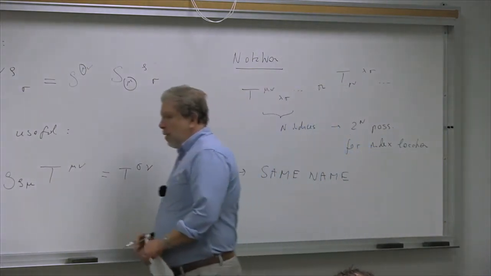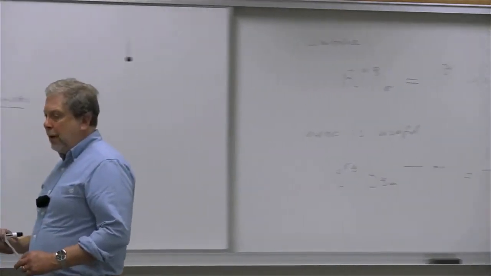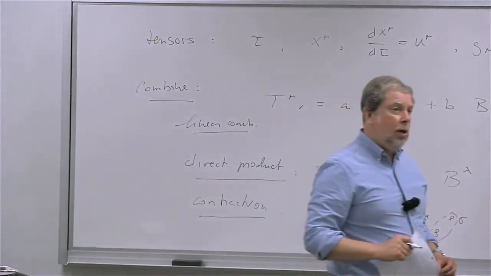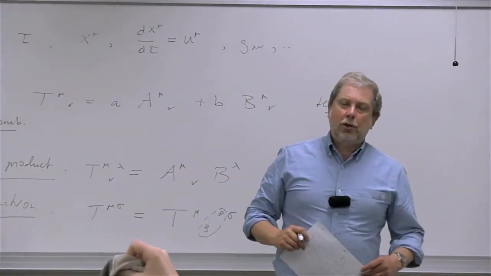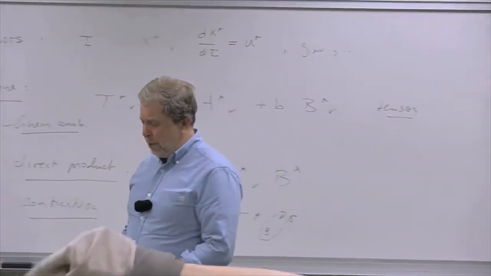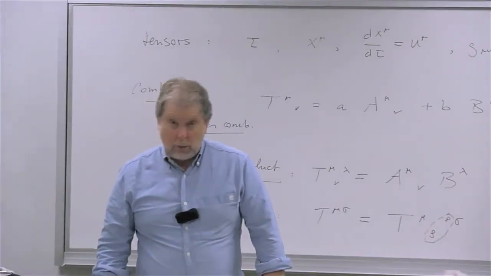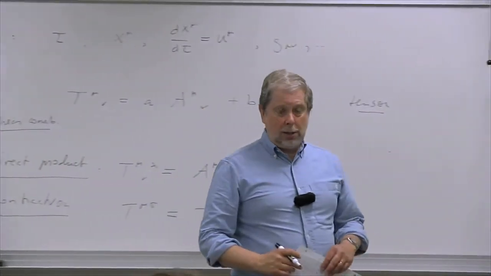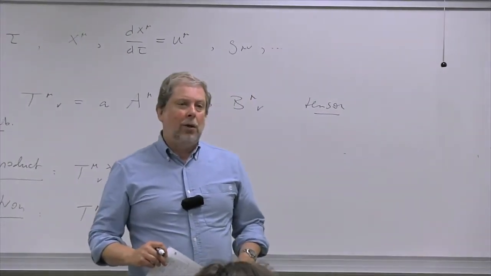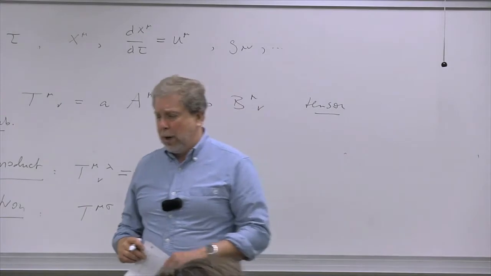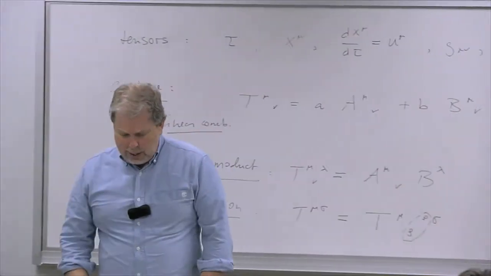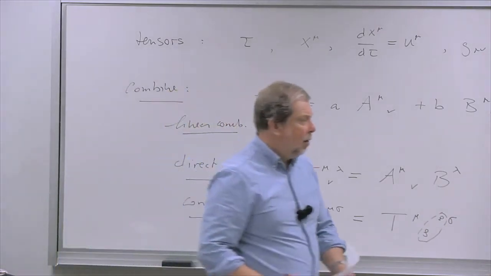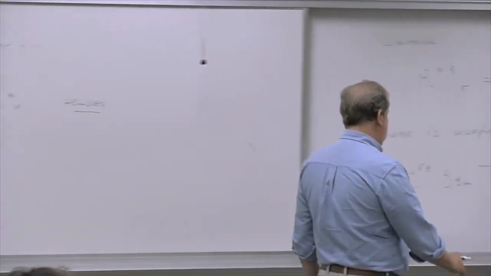Right, we're going to use the same name because we can't really use a different name every time we raise an index or lower an index. So very confusing. So this convention that the differential geometers developed at the beginning of the 20th century was to always use the same name no matter where the indices were located, because it's essentially the same object, right? It does transform in a different way, but it is essentially the same object. And so it makes sense to just use the same symbol for it,